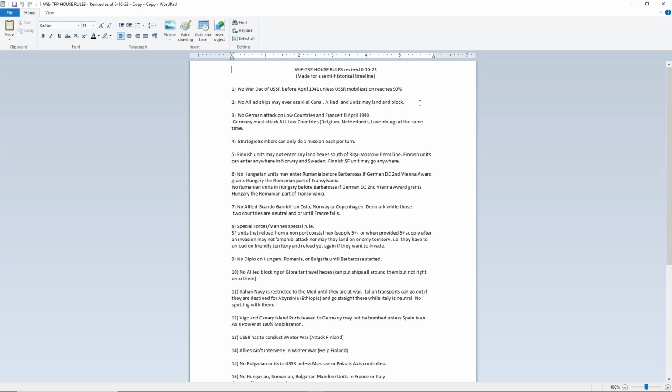No Allied ships may ever use Kiel Canal. Allied units may land in block. So talking to a whole bunch of people about the Kiel Canal, we just thought it wouldn't work. If the Allies landed there, there'd be landing craft over, it would just choke it. It also kind of meanders and it's narrow in places. So even though Lothos did put a port there, the port would be useful if you grab it,